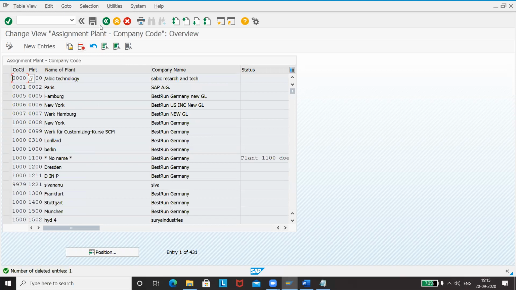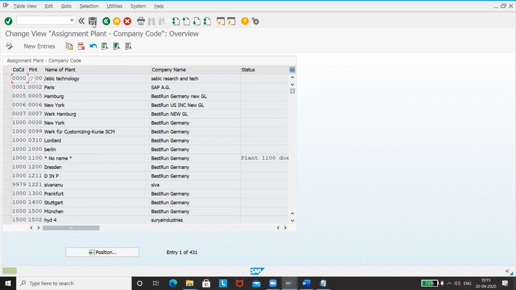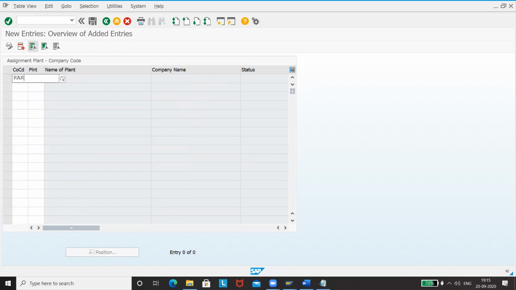Yeah, it is accepting. Company code is RER3 and plant RER8.